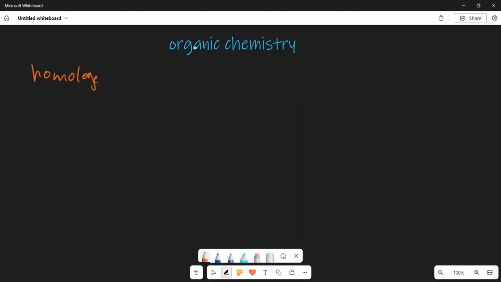Homologous series. Basically, what is homologous? Homologous series, as we said, are the different families. Firstly, we have the first family, which is the family of alkanes. We have this family of alkanes. And what makes this particular family distinct is that our alkane consists of